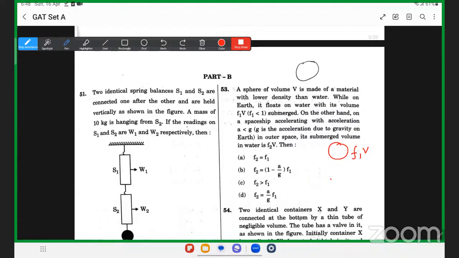ऑन द अदर हैंड, a spaceship accelerating with acceleration a less than g, where g is the acceleration due to gravity in outer space, its submerged volume in water is f2 v, then... ये देखना पड़ेगा, थोड़ा कॉम्प्लिकेटेड है।